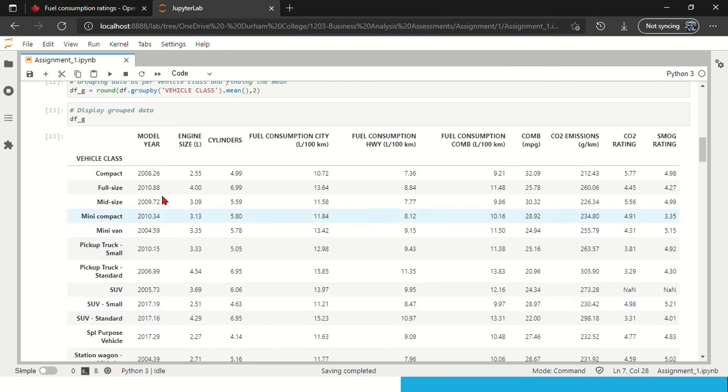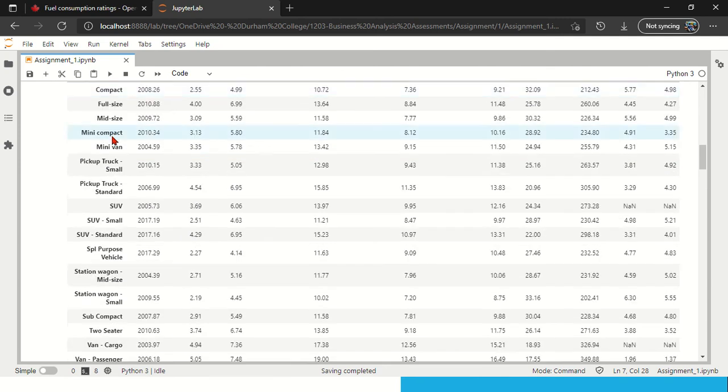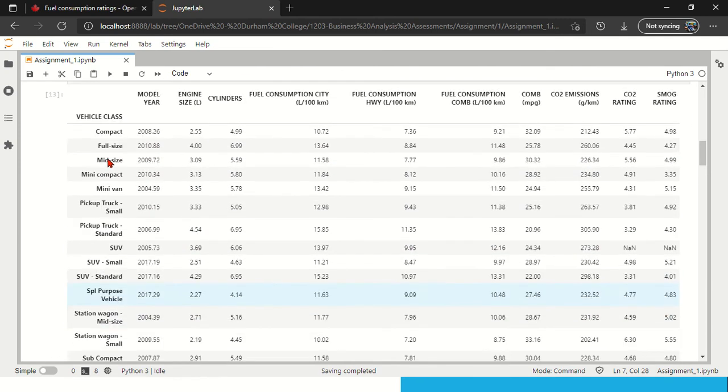Here we can see after running the code, the data is grouped as per the vehicle class and the mean is also calculated, and it has only two decimals. My main focus is on CO2 emissions.